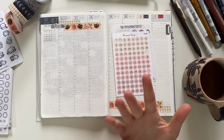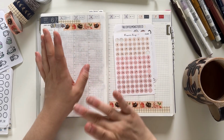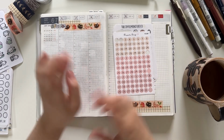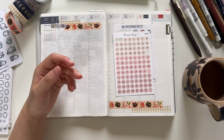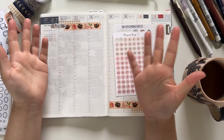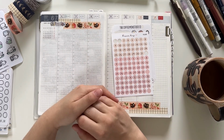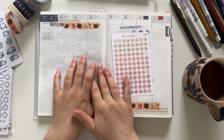But I kind of just fell off of it when I really got into planning, honestly. I think it was around the time I started my Cousin Avec last year that I fell off of playing lots of Animal Crossing. Just because the Cousin and filling out the spreads and stuff took up more of my time and it was more of what I was interested in. But I've recently come back to the game and I'm having so much fun,